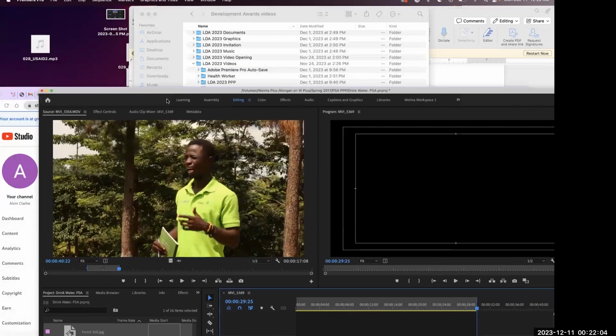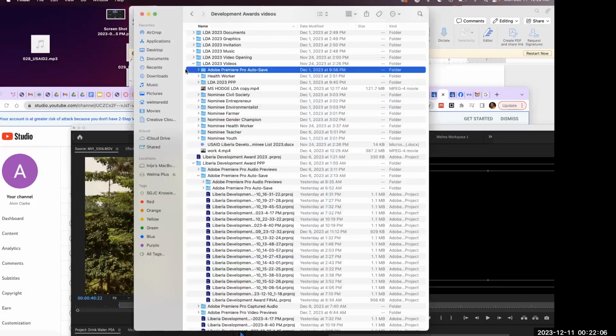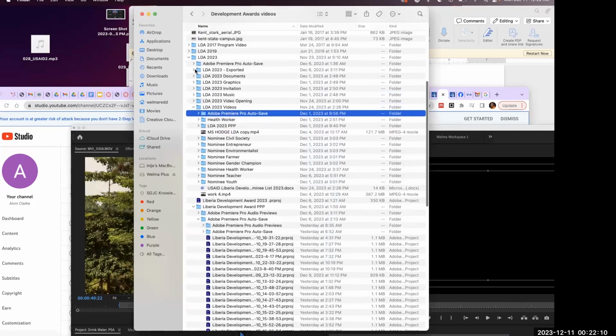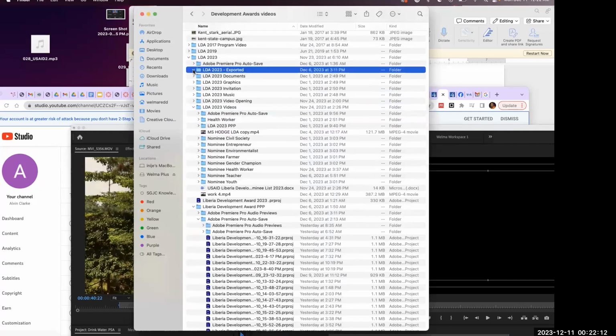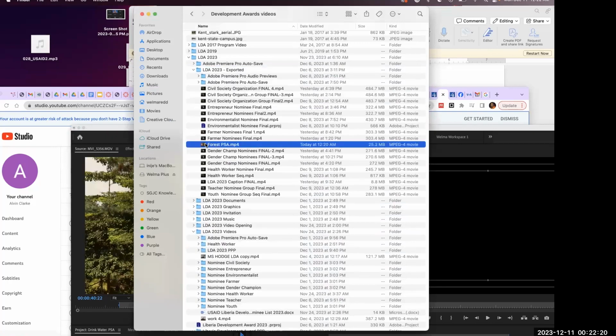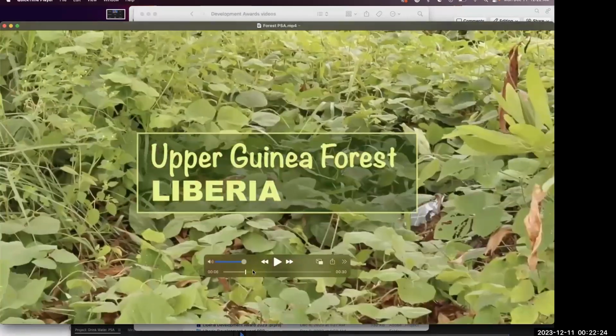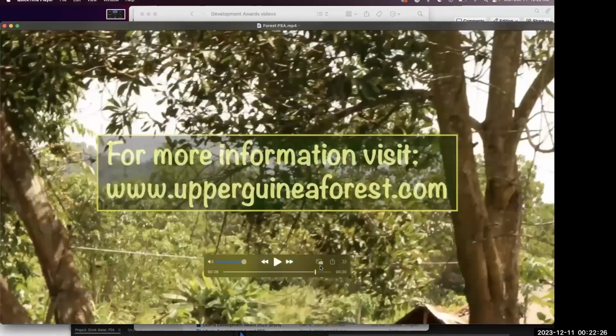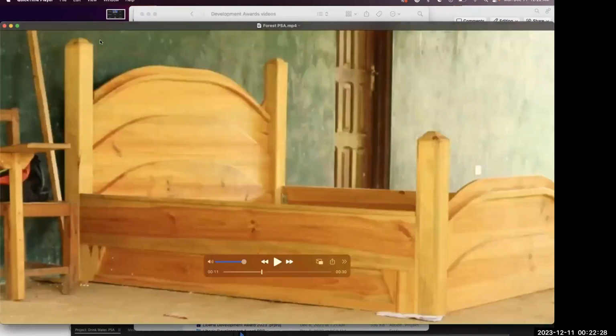So let's go find our exported video. You go to your export folder, and I'm looking for Forest PSA. There it is, right? And it's all there. Now,